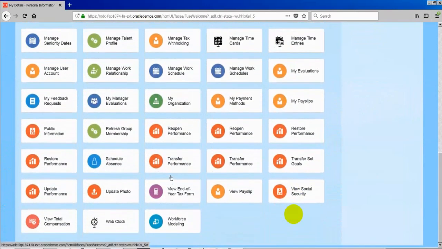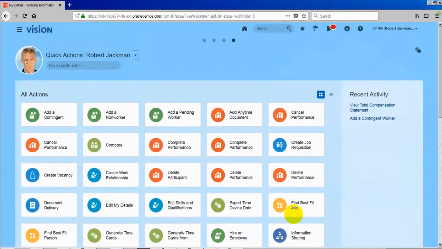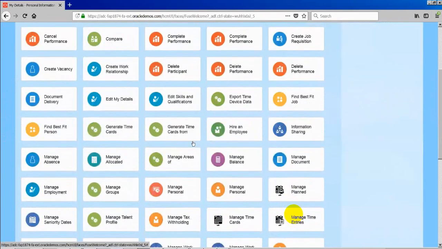Whatever security role is assigned to this person, as this person is a vice president of human resources, he can perform HR specific tasks. Whatever HR specific tasks this person can do comes from the role assigned to this person, and all those actions are available here.